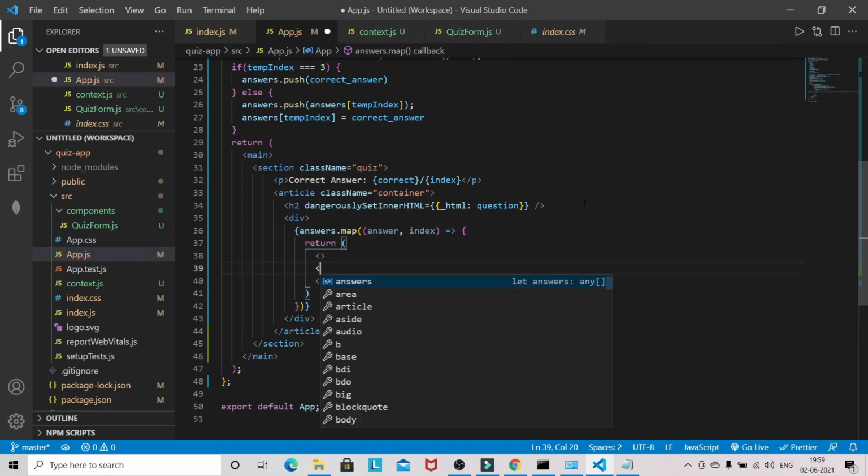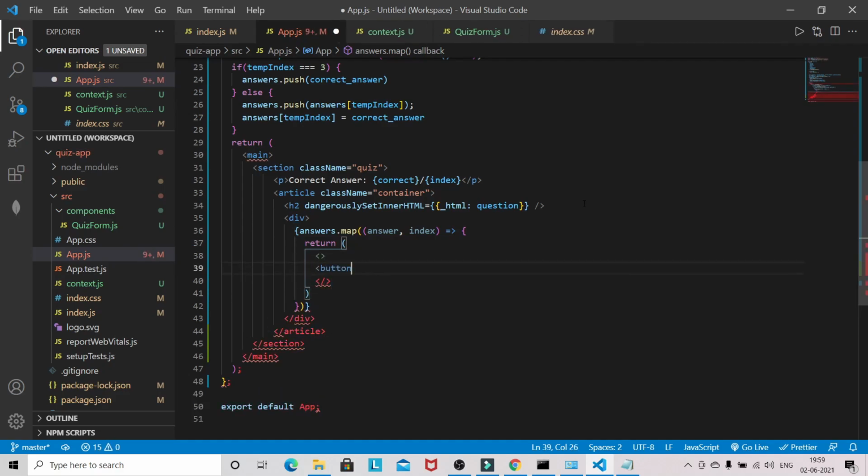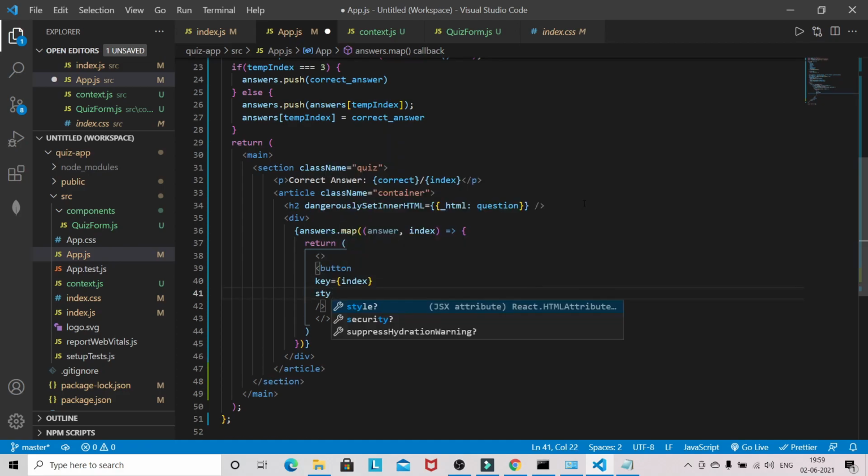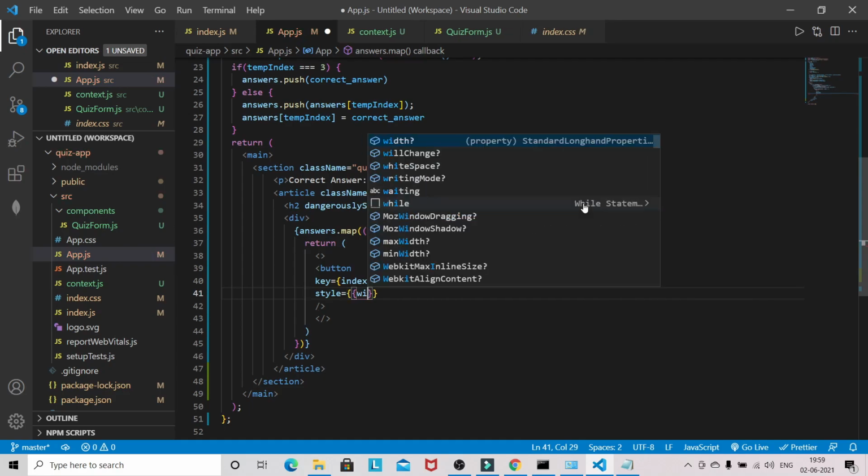Okay, so it will be self closing, because the options are in the form of buttons. So all the four options will be buttons only.